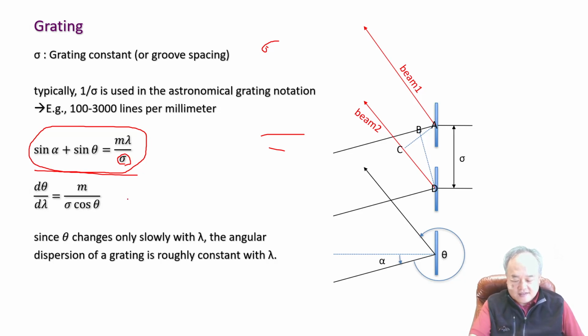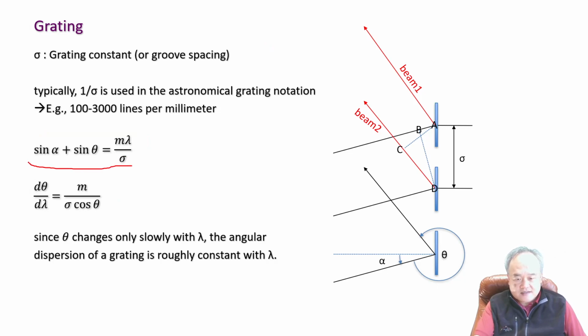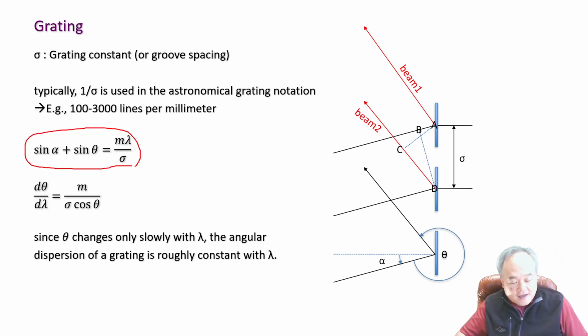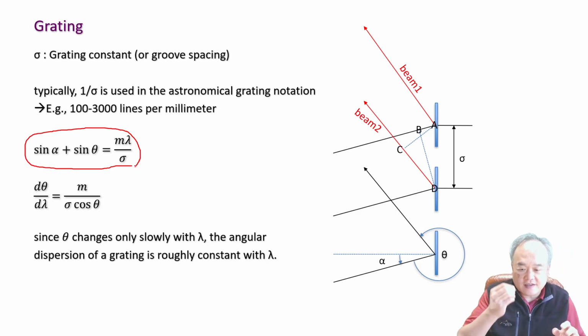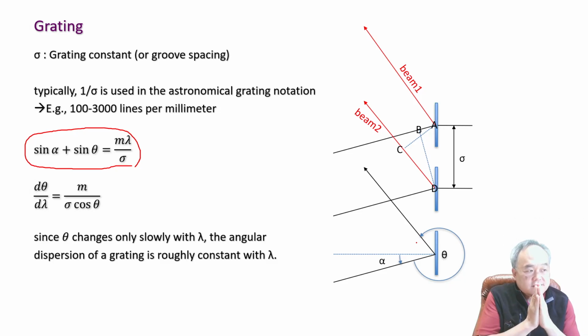you can see that a smaller sigma is causing it. Let's take one step back. So this is the constructive interference condition, and we differentiate this equation as a function of lambda. For the given observational setup, alpha is constant, so when you differentiate the constant, this is zero; the sine theta becomes cosine theta